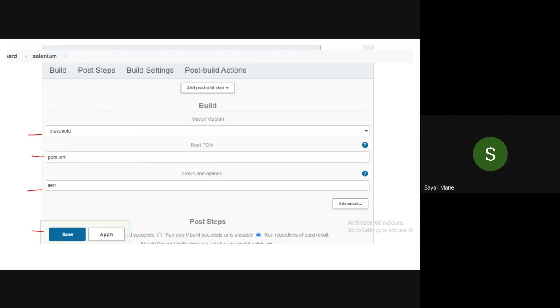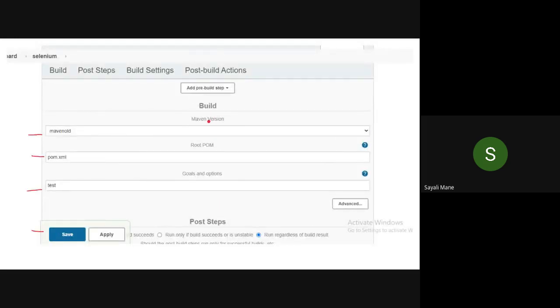Okay. See, done with copy pasting the Git URL. Just scroll down a little bit. You will get 3 boxes inside the build. One is the Maven version, this Maven old or whatever the Maven name will come by default. Second one, pom.xml, this also will come by default.